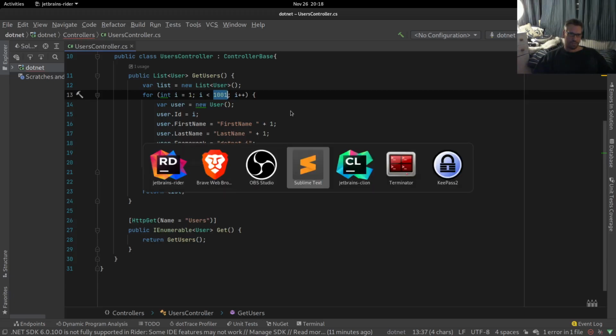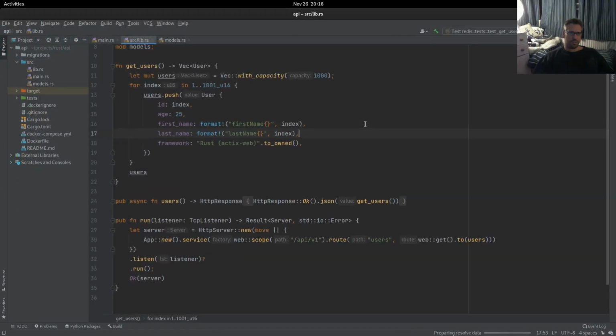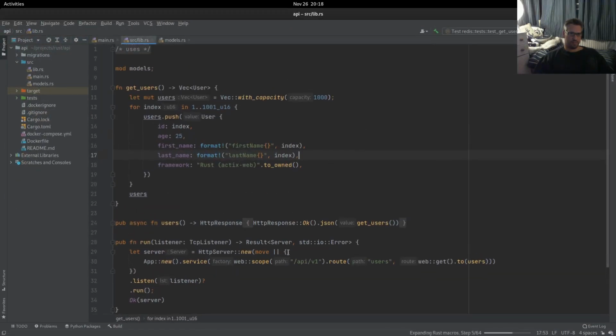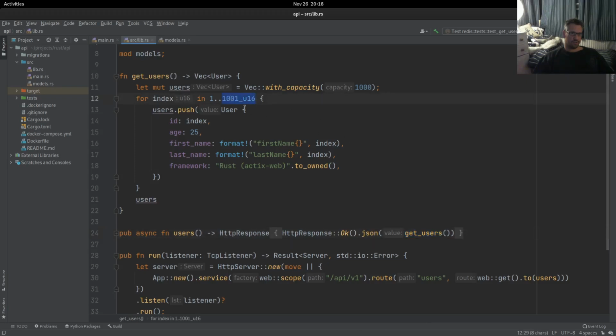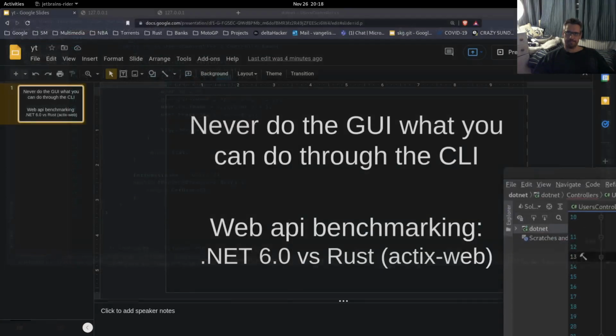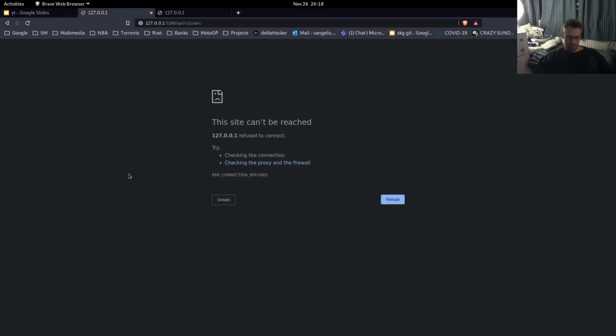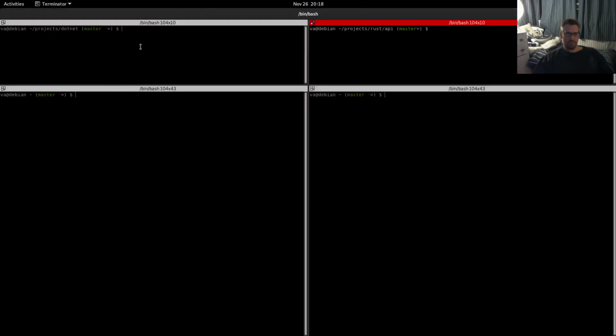The Rust project is the same if you want to check it out. This is the endpoint that we are hitting here, and we are getting the users, and the users is the same 1000 users. So we have a similar setup, as you can understand. So let's get into the benchmarking. These are the endpoints that we will be hitting. They are not working currently. So let's start with our